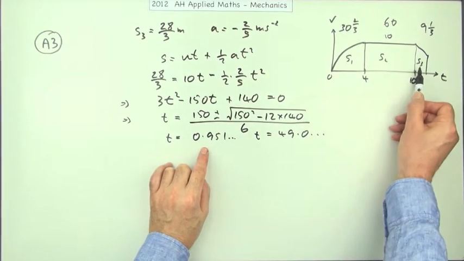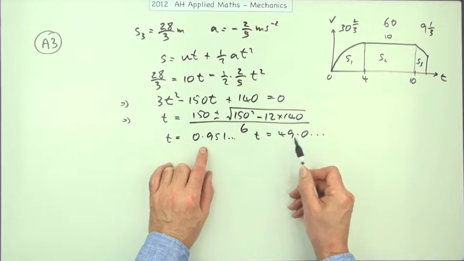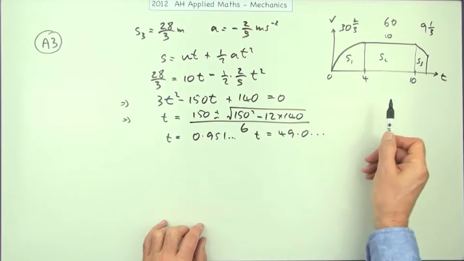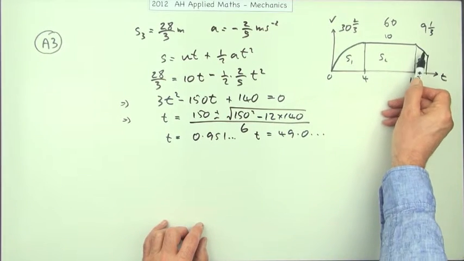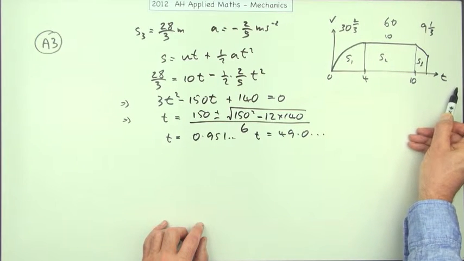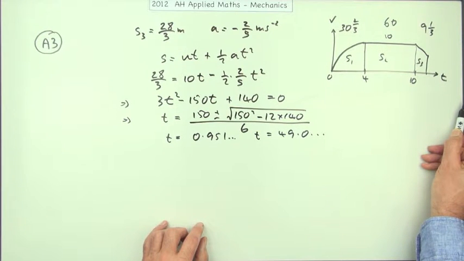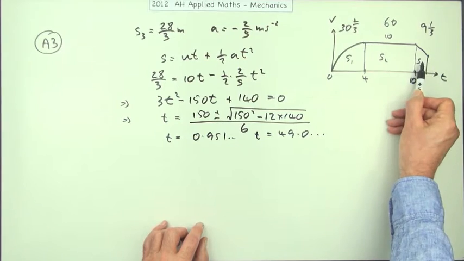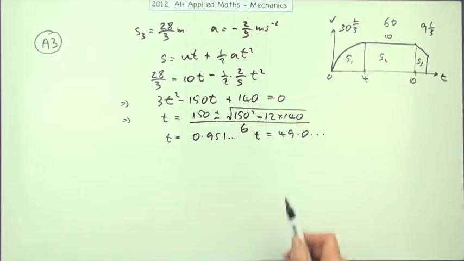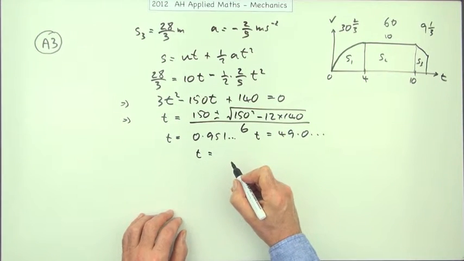So that must be the time for the area of that trapezium to equal that, the one that you want. For the area to equal that positive again, that would be the same as carrying this down into a triangle, which of course has got a bigger area, and then going underneath again, continuing on until the negative triangle underneath cancels out sufficient of the positive one to leave you 9 1/3. But that's not what you want. This will be the answer here then. So that would be the time. So the time will be 0.95